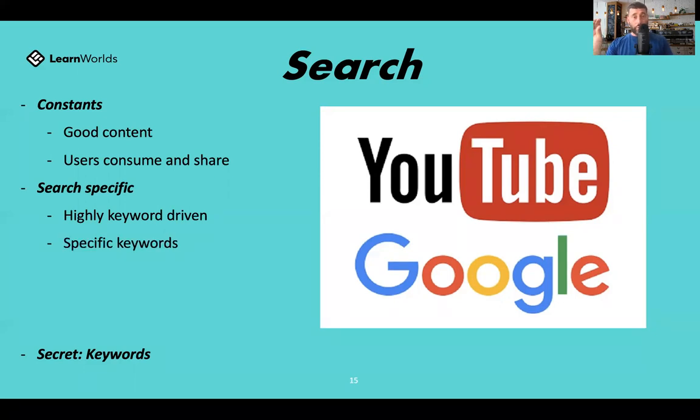So what you want to do is target specific keywords. When you're putting your content out there, whether it's Google or YouTube or any search-based thing, you want to focus on specific keywords, and you want those keywords to be things that are high traffic to start with. Because let's say you've got a keyword that you want to target and you want to be like, right, if anyone types this in Google or YouTube, I want to come up the top. It's great, but if no one's searching it, it doesn't matter.